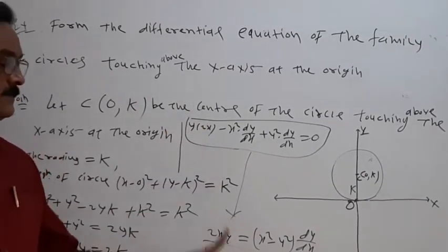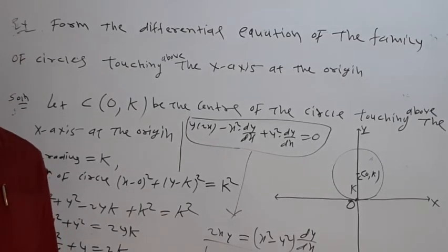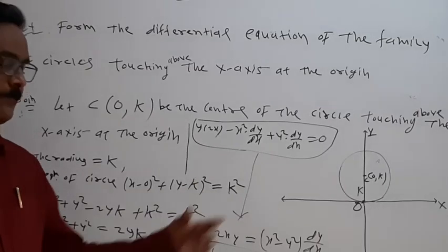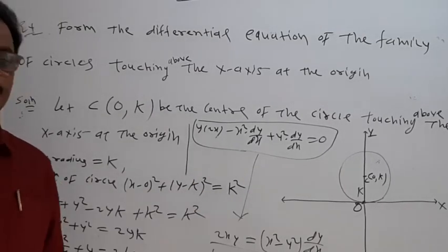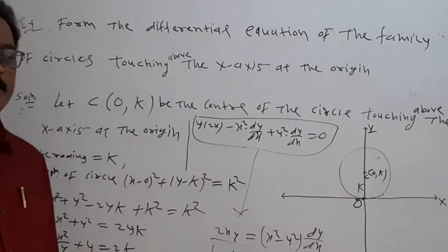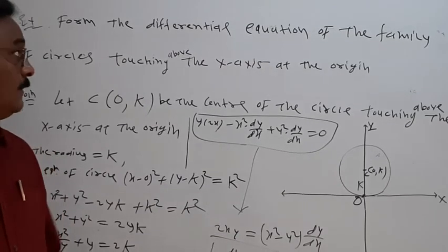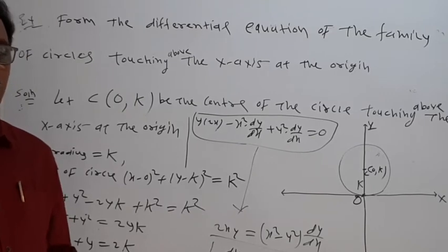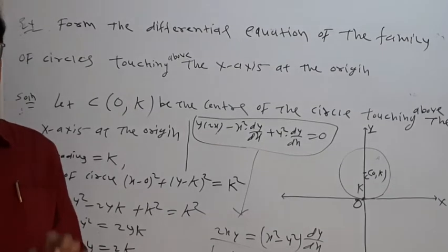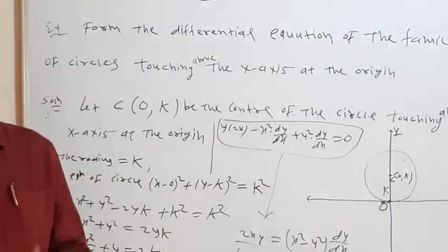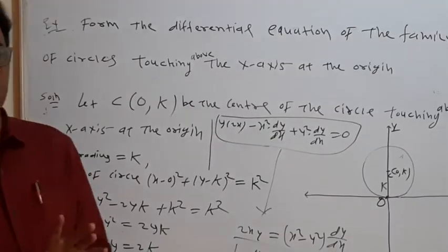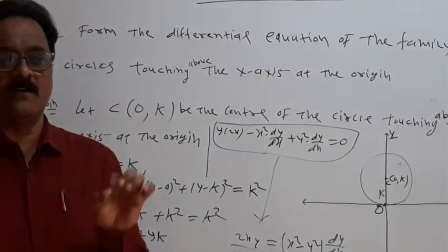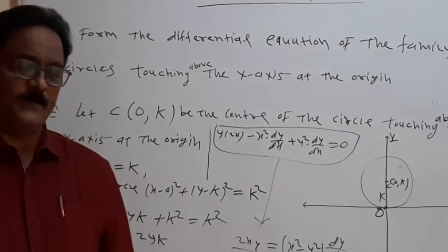There are other theoretical examples, different examples on this, another example on parabola also, on ellipse also. These are theoretical examples. So this part is complete here, formation of differential equation. Another part is the solution of the differential equation. How to solve the differential equation? For the syllabus, only first order, first degree differential equation.